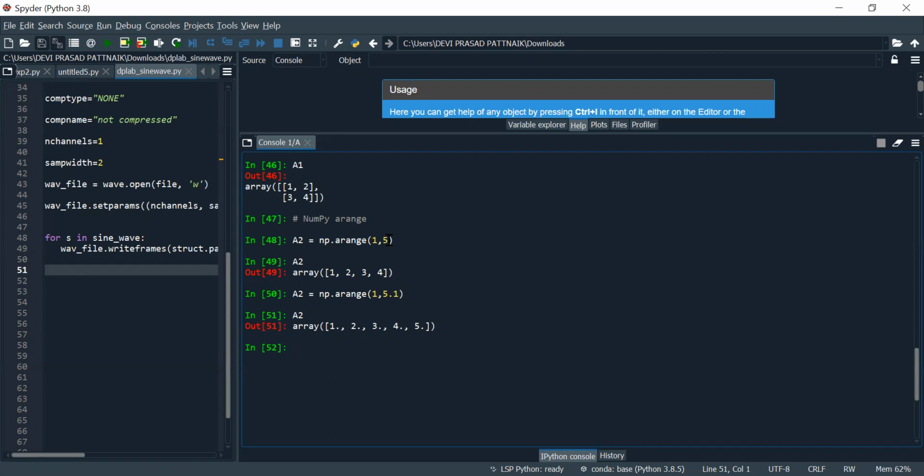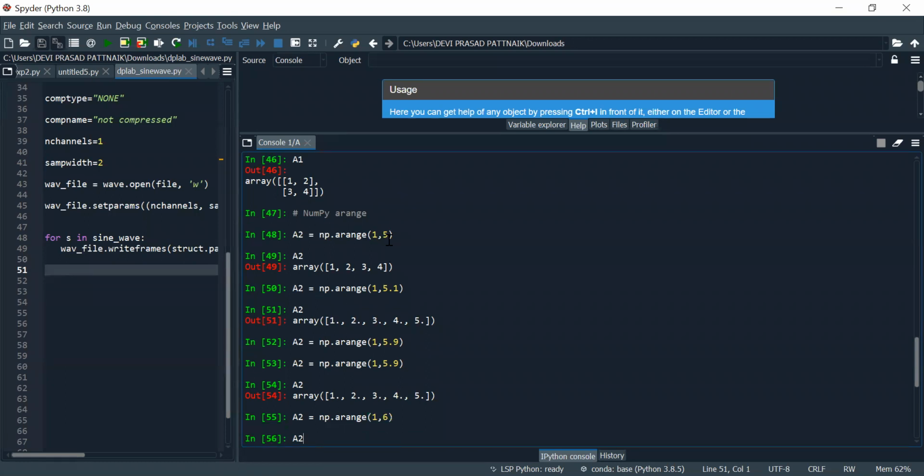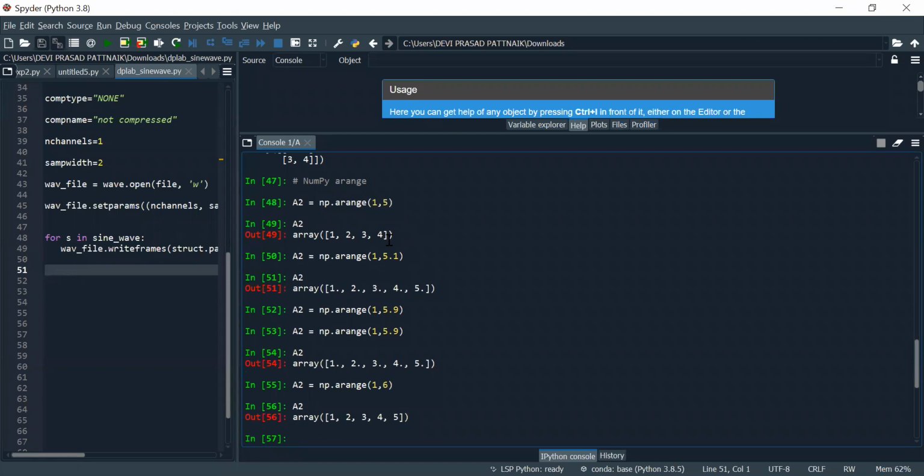If you write 5.9 also, you will get the same thing. If you write 6 also, you are going to get the same thing. I guess it is clear to all of you.